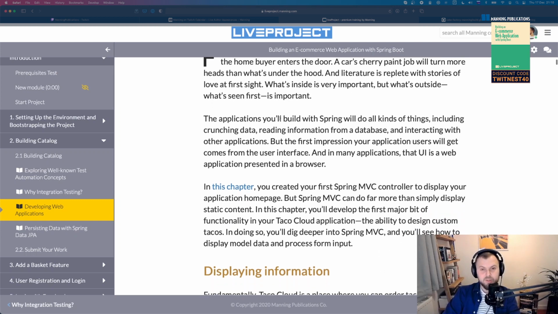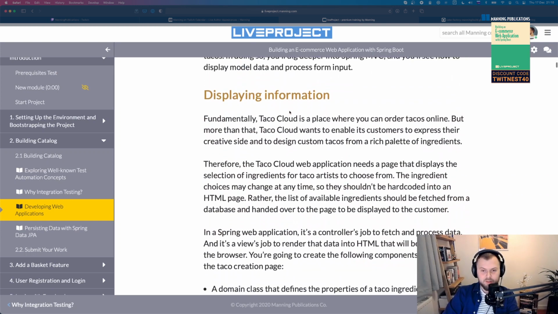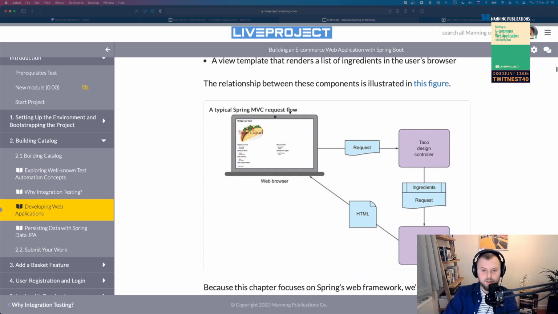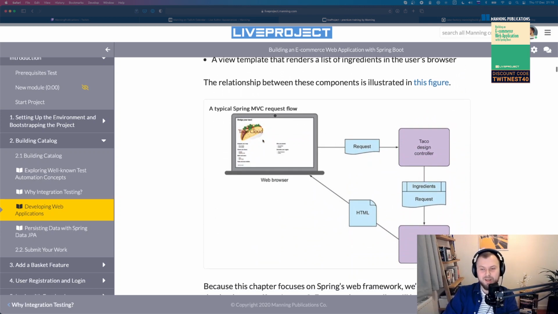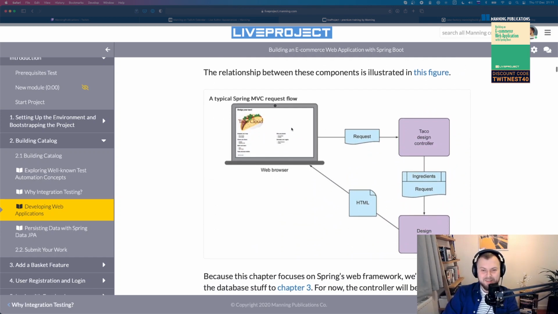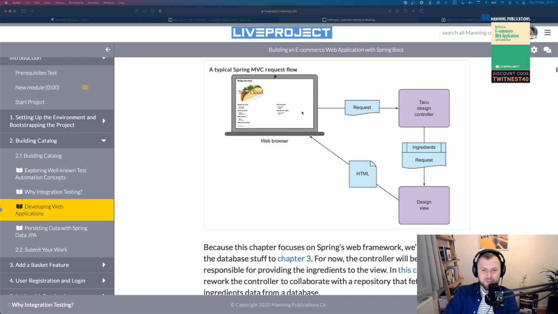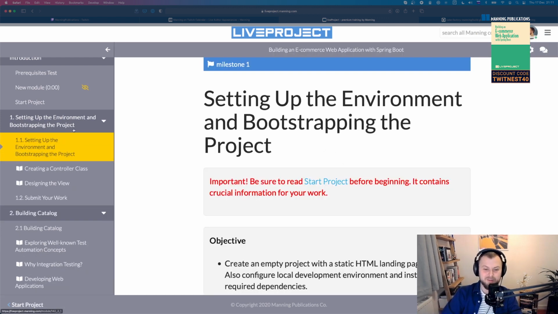Some people got confused and asked me why the domain is different. Craig is using Taco Cloud, as he calls it. It's basically an application to show tacos or something. I don't even know what's there. I know what tacos are, but I don't know what the application does. But if you see something related to tacos, that's probably Craig's part, and if you see something related to cakes, that's probably my part.